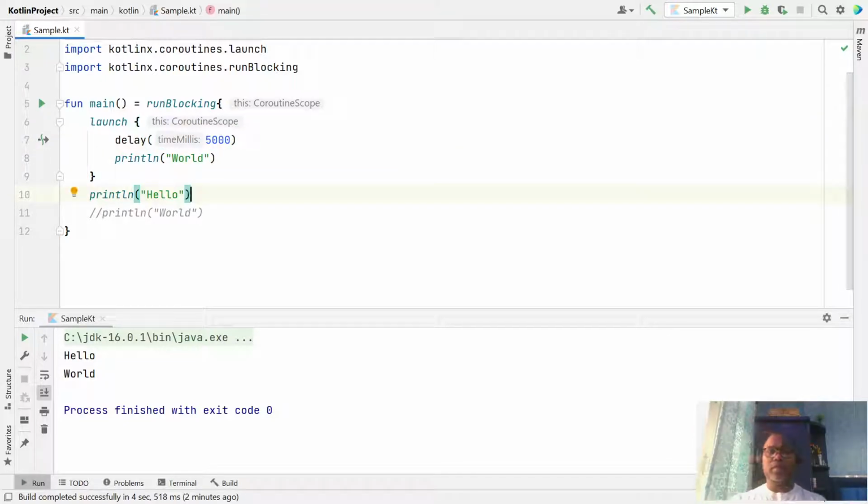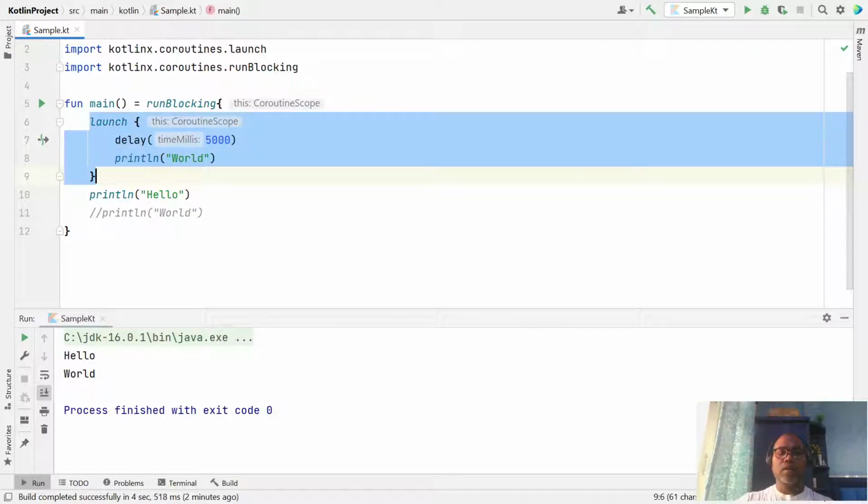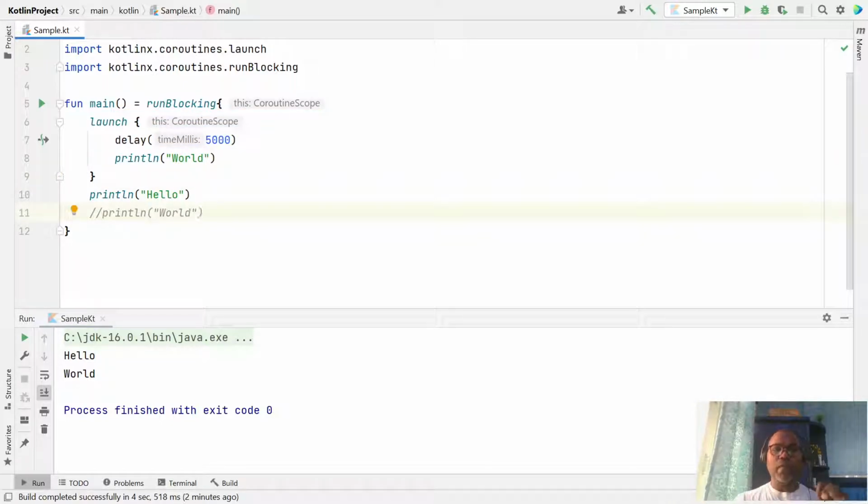So this is the example. This set of code is executed not sequentially. If you look at this code, what do you think? Main function started, then print world, then print hello.